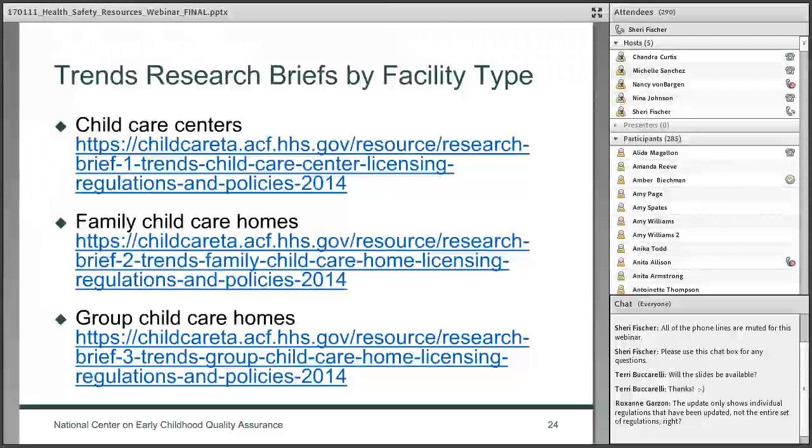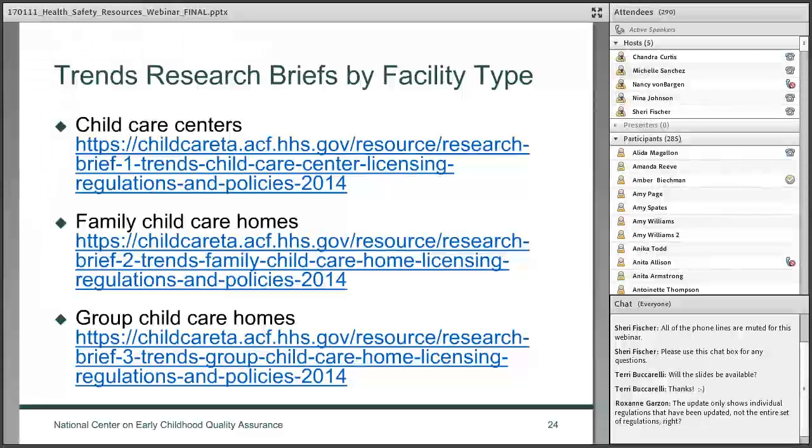We started tracking that in 2005, and 24 states required centers to place infants on their backs to sleep at that time. So that was about half the country. Now, in 2014, we found that number was 47 states. And that has consistently been the requirement that has increased over the different years that we've done a study.